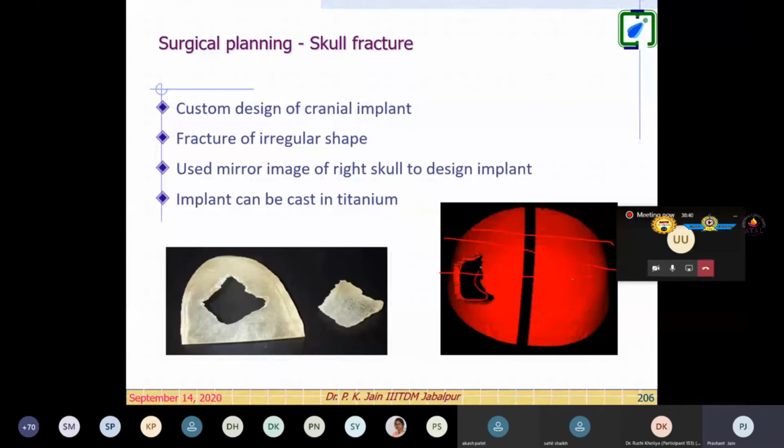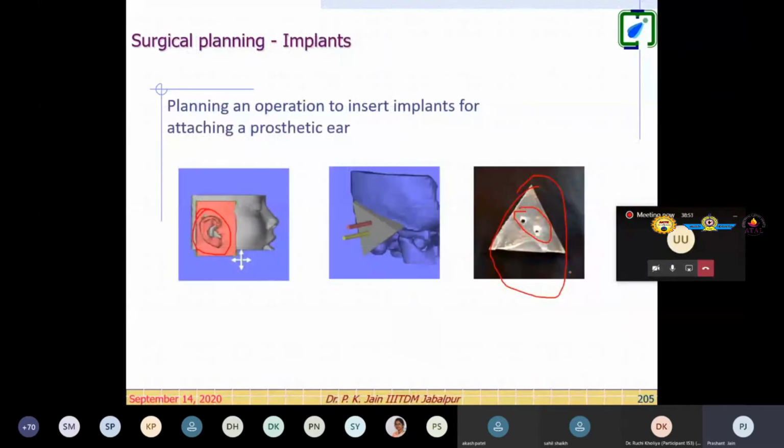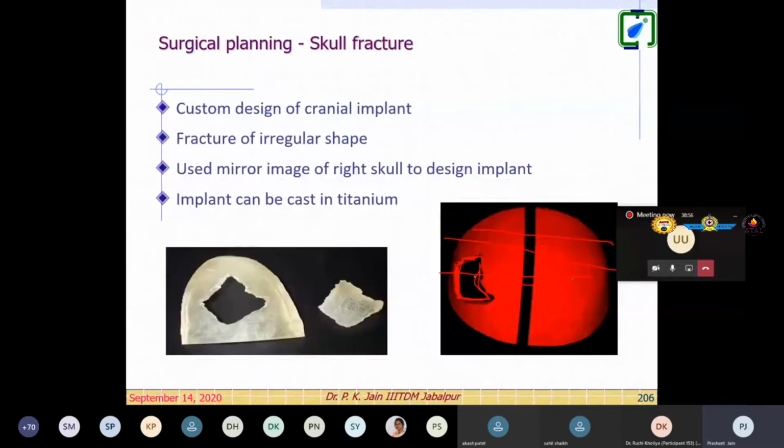So it is very difficult to directly get it and then fabricate the prosthetic implant. A lot of work can be done by additive manufacturing. This is the mirror image: the side portion has been taken from this side onto the other side, and then Boolean operations are applied. By Boolean operations, after mirroring this portion, we can identify the shape.